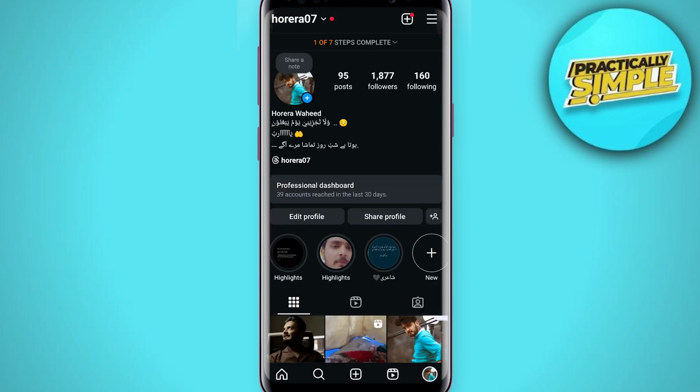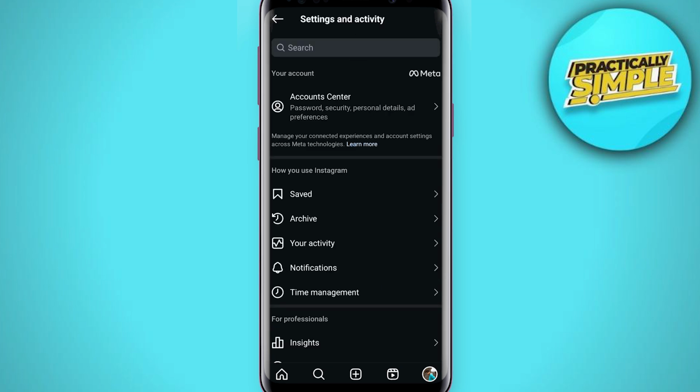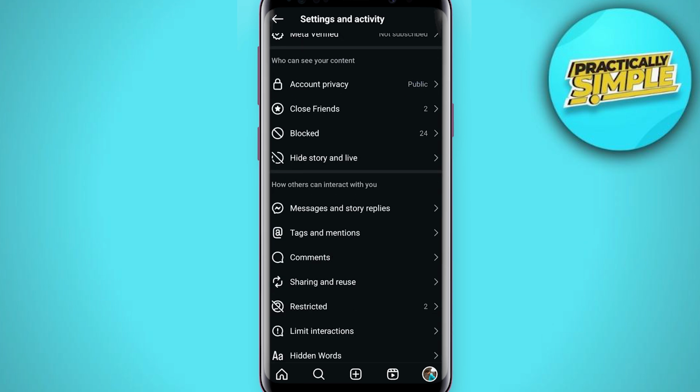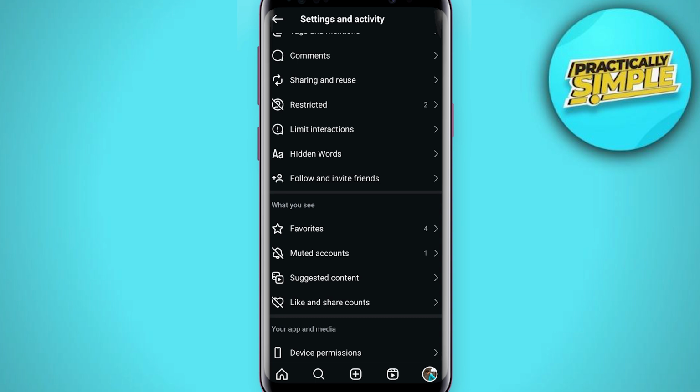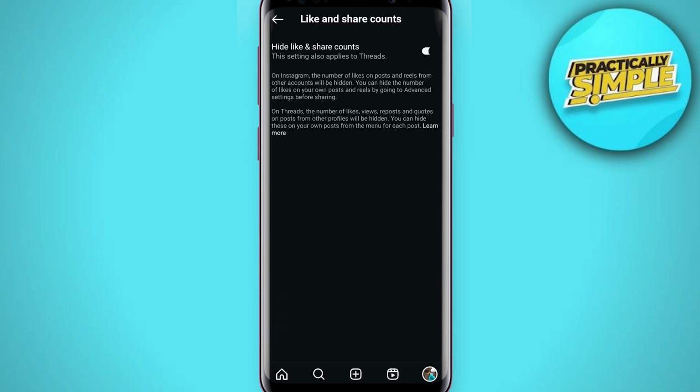Now tap on your profile picture in the bottom right corner. Tap on these three bars in the top right corner and you will land on Settings and privacy. If you scroll down, you will see this option here, How others can interact with you. If you scroll down a bit more, you will see this. Go for this Like and share counts, and you can see this toggle, Hide like and share